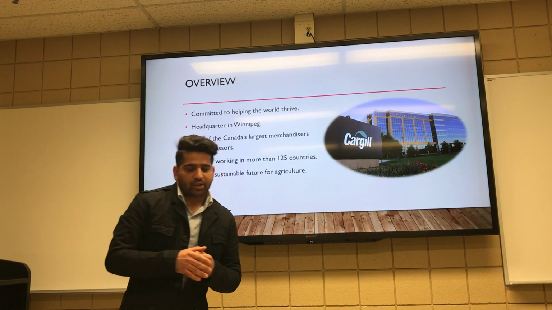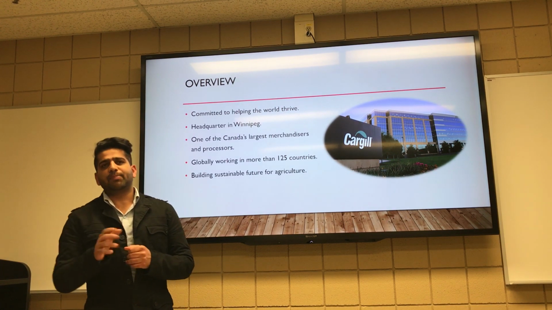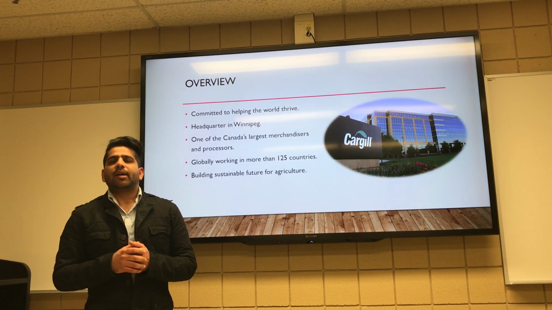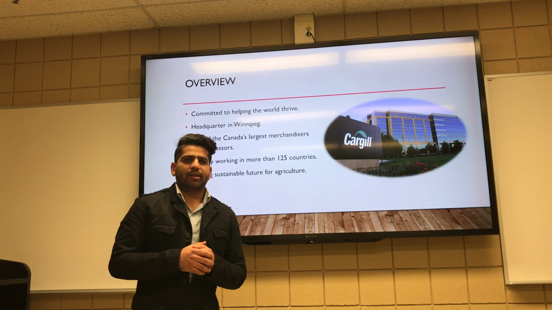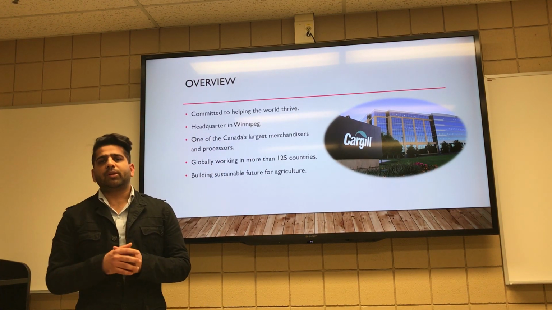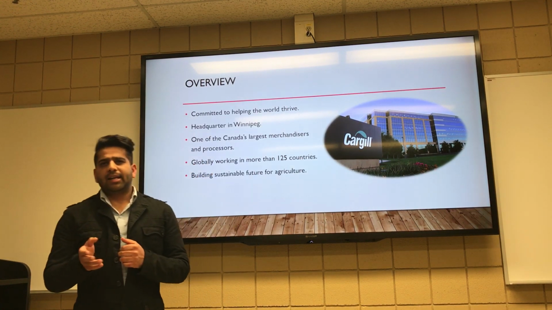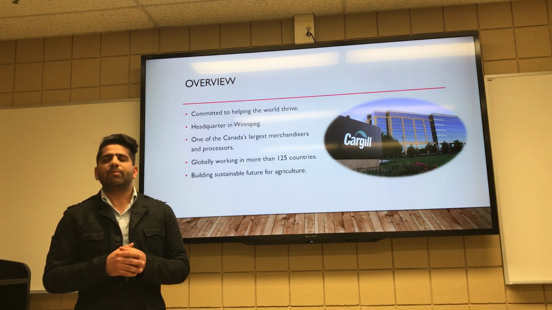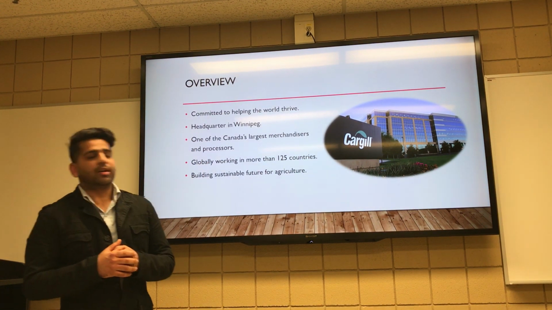If we talk about the main interest of Cargill, its main interest is in the processing of beef, poultry and oilseeds. This company is also involved in crop input product retailing, as well as handling, milling, salt distribution and merchandising. So now I would like to call Jaspinder to continue further.